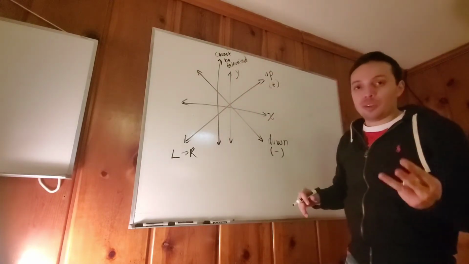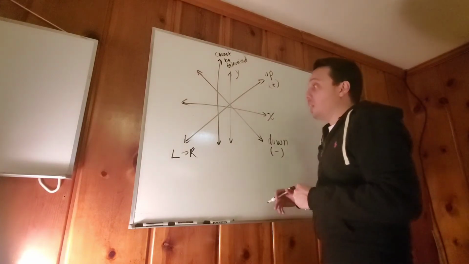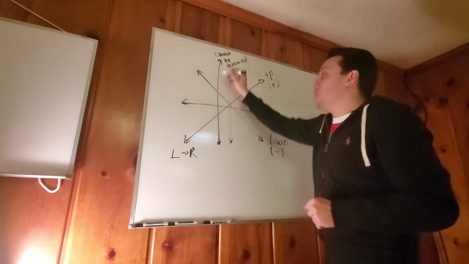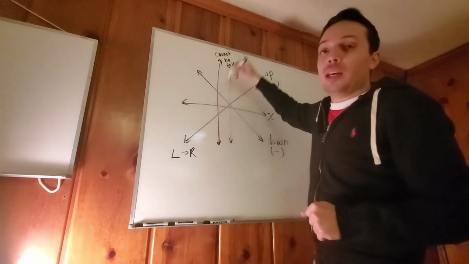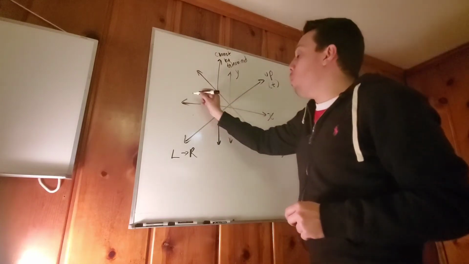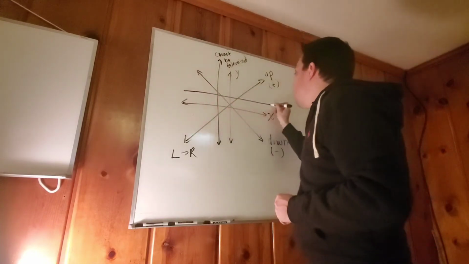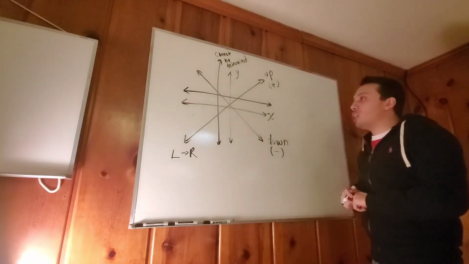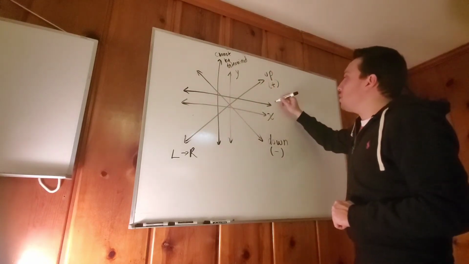All right, so we discussed 3 cases so far. Going up, positive. Going down, negative. Going up and down like this vertically is going to be cannot be determined. And so there's one more, the one that will be parallel to the x-axis, which is horizontally. If it's horizontal, then we're going to say that the slope is